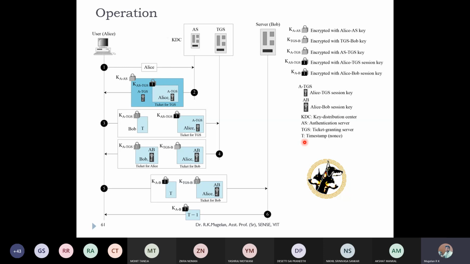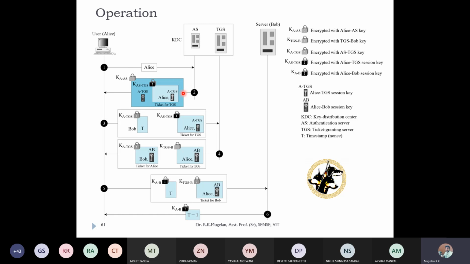So if you see the process, first Alice is authenticating herself to the authentication server, saying that she is Alice. Once the authentication server confirms that she is an authentic person, it sends the data which Alice requires to communicate with the ticket granting server. Here it is sending two envelopes, one inside another. One is a ticket required for TGS, and inside this is the information which has to be transmitted to TGS.